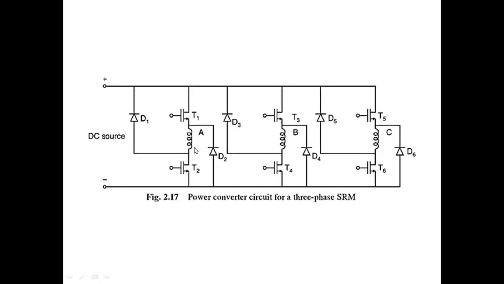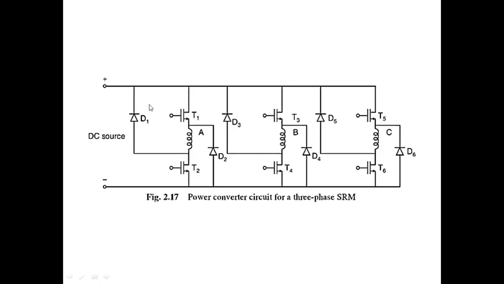Suppose phase A is coil A. It is connected with thyristor 1 and again with thyristor 2, and in the middle we have placed phase A or coil A. Here, if you observe, diodes are placed anti-parallel to the thyristor switches, the static switches. Diode 1 has been placed here and diode 2 has been placed here. Why it is placed like this, I will explain again in the operation.